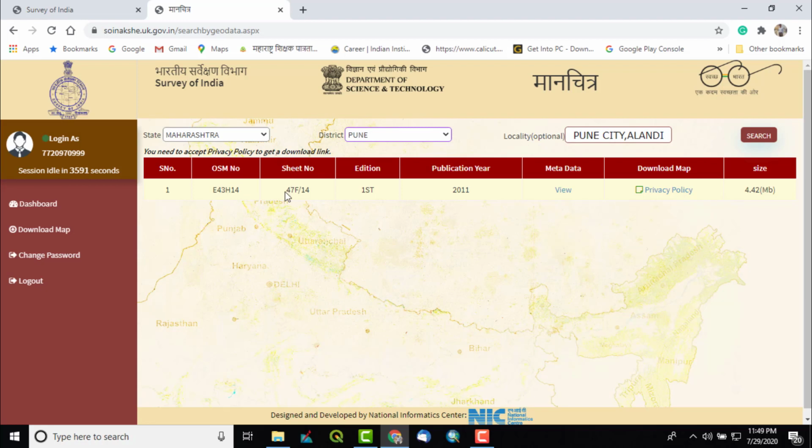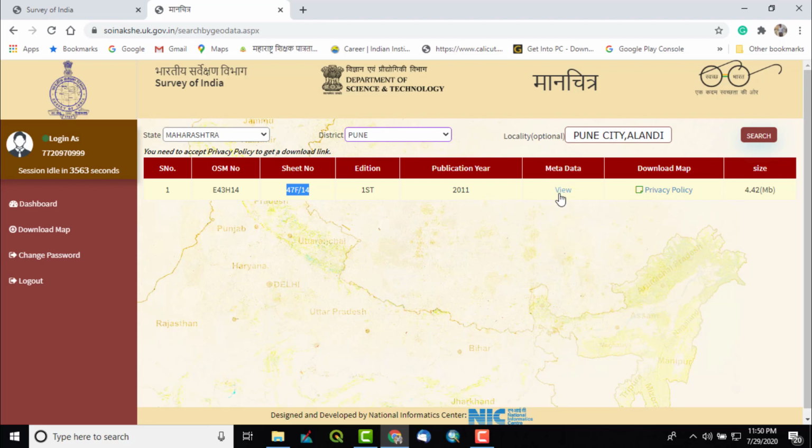Then this is 47F14, which is the SOI, Survey of India's standard indexing system. So it is that index number, and the edition is first, the publication is very recent because many of the topo sheets are older also, like 1979 and all, but it is a recent one, 2011.